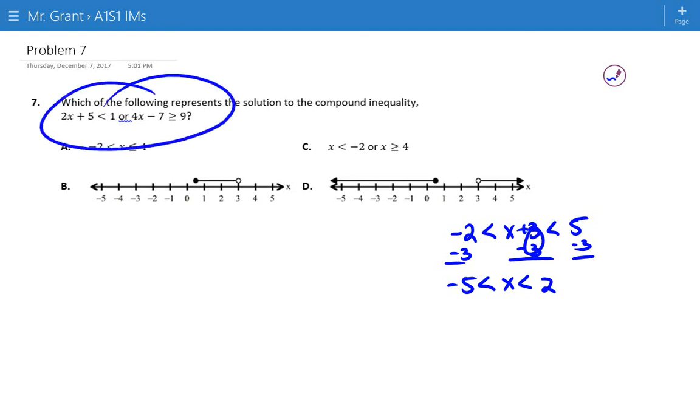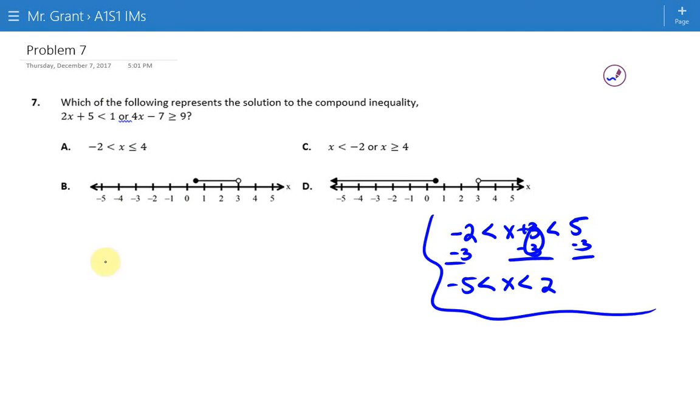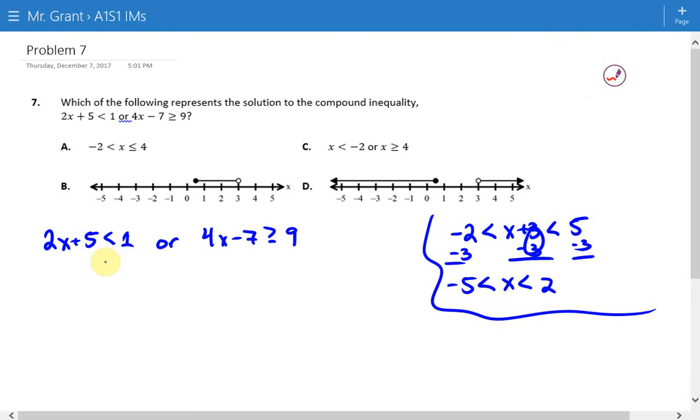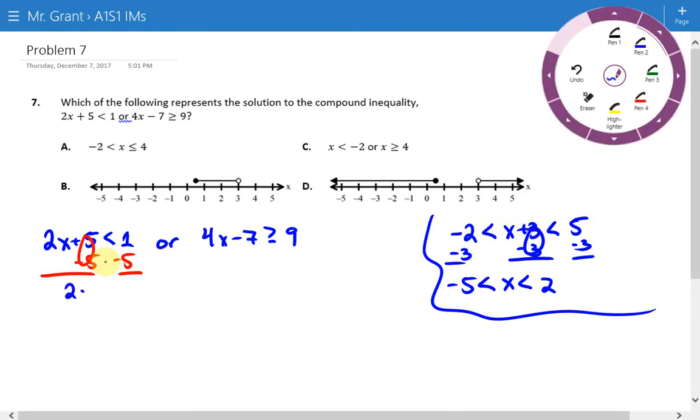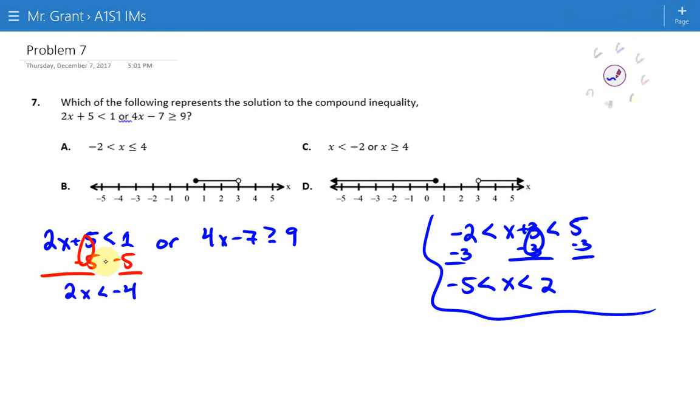However, this is not an AND situation, this is an OR. So we'll just keep that over to the side, and we'll work with this OR. We have 2x plus 5 less than 1, or 4x minus 7 is greater than or equal to 9. We're going to go ahead and solve each one just using SADMAP. We do our addition and subtraction first, and we end up with 2x is less than -4,